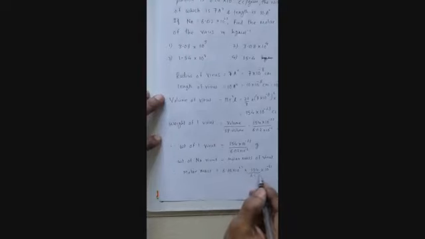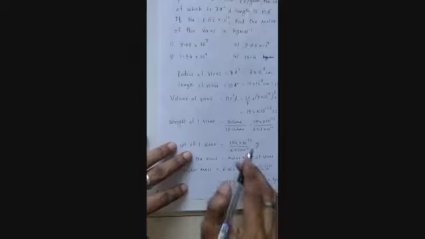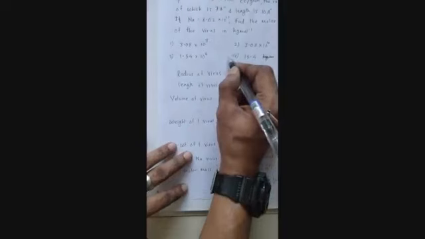So this will obviously get cancelled and we are left with 15400. Correct now, but this is going to be grams per mole. I need to convert that into kg per mole. So if I convert that into kg per mole, it should be divided by 1000. 15.4 kg per mole. So your answer is somewhere around here, 15.4 kg per mole. That is fourth option.